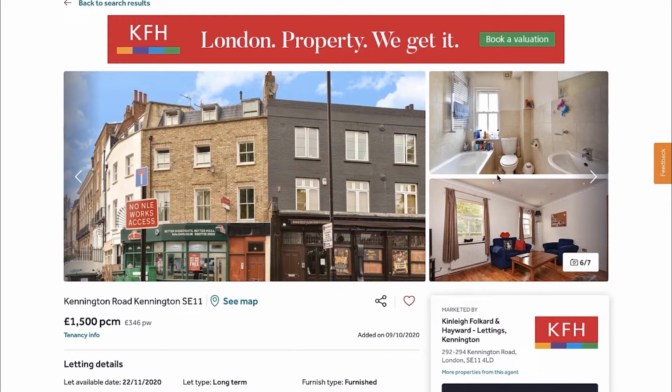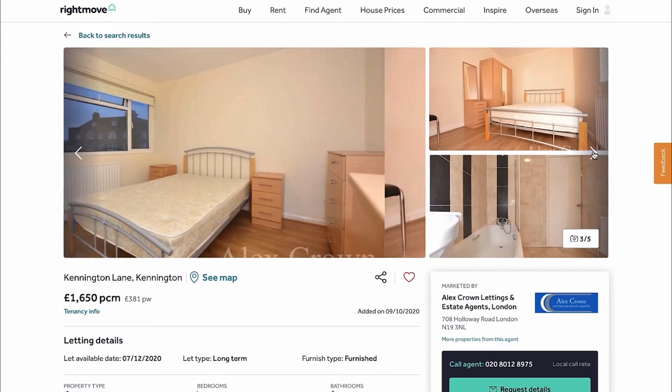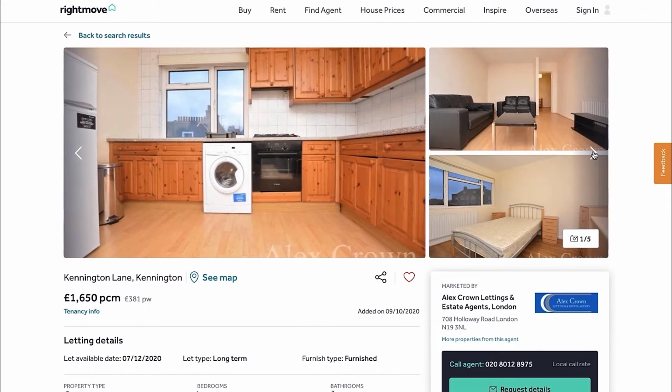Again, I don't think this is a council property. This is most likely a private property, so we can get rid of this one. Now this one doesn't seem to have any pictures of the outside, so what we have to do is